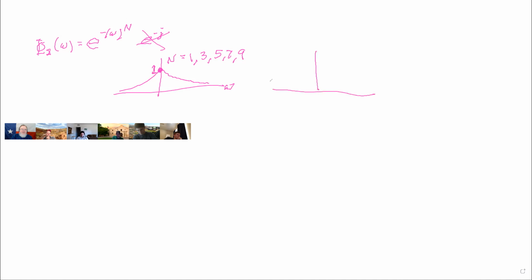We know for a Gaussian, the Fourier transform of a Gaussian, the characteristic function of a Gaussian is a Gaussian. It's nice and smooth. There is no cusp. So this is going to be true for n equal to 2, 4, 6, etc. Does that make sense?